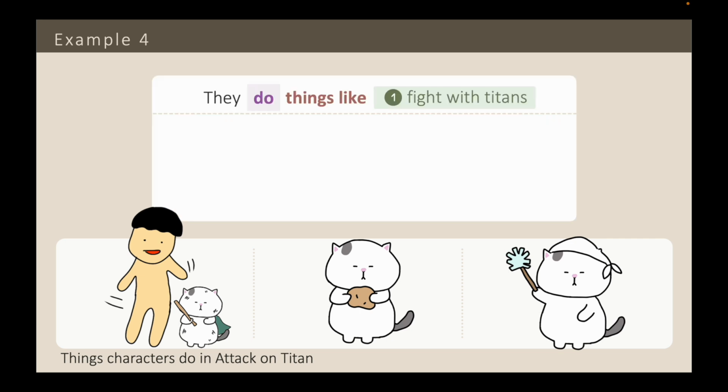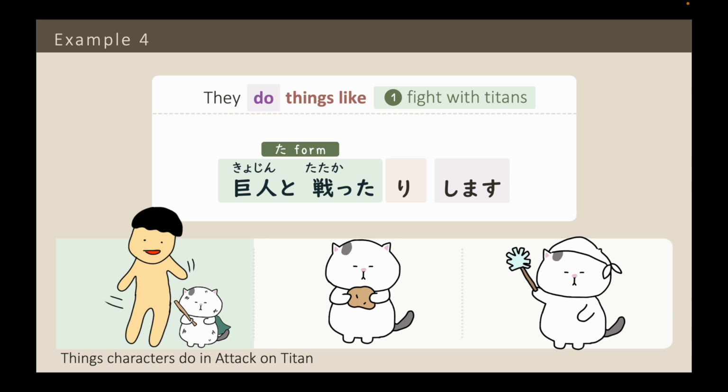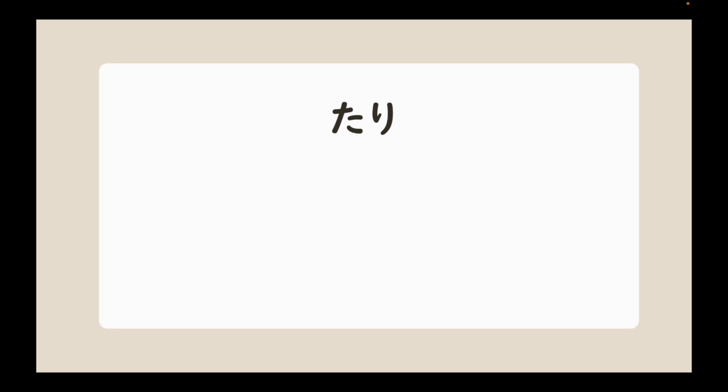The ta form of fight with titans is 巨人と戦った and then we add りします。巨人と戦ったりします。 Please note that listing 2 examples may be the most common, but it's perfectly fine to